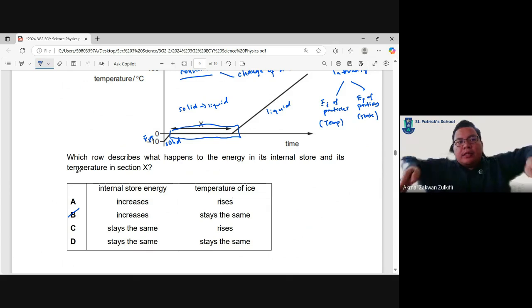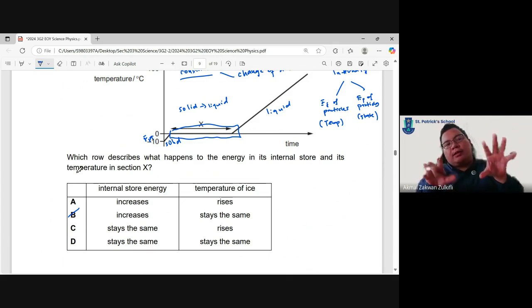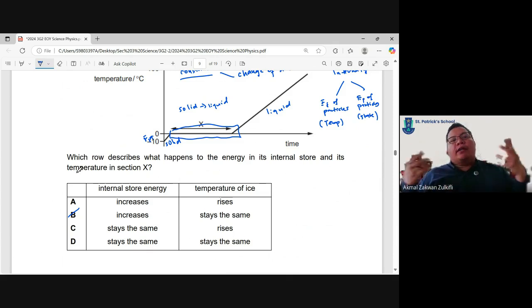Know that there are two types of internal energy, or it's made of two components: the kinetic store of particles and the potential store of particles. Link the kinetic store of particles to the temperature. The kinetic store relates to the average speed, how fast the particles are moving. And the potential store is the separation, how far they are apart. So when I talk about average speed, I'm talking about temperature. When talking about how far apart, we are talking about state.